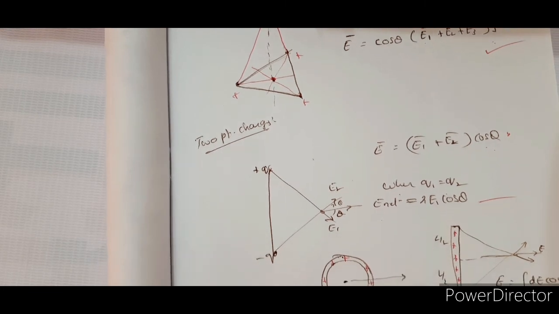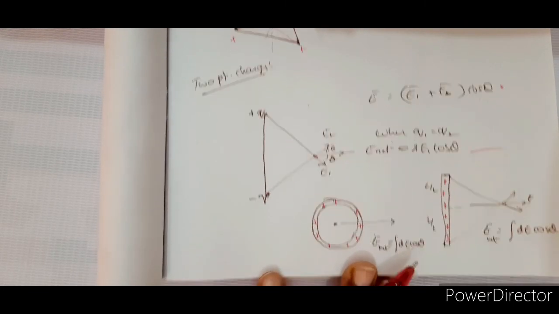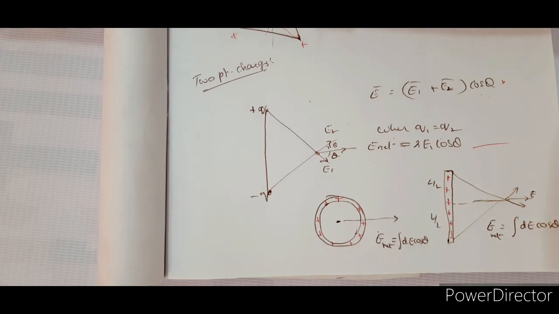But I am giving you this so that you do not neglect it as a concept which is not so important, but it is also important because you are going to use this concept. Already we just used it for a semicircular ring and a quarter ring also, that is E net is equal to integral of dE cos theta. The same concept we used, and I said you can apply the limits there. Right. So this is a very, very important concept that you have to remember.